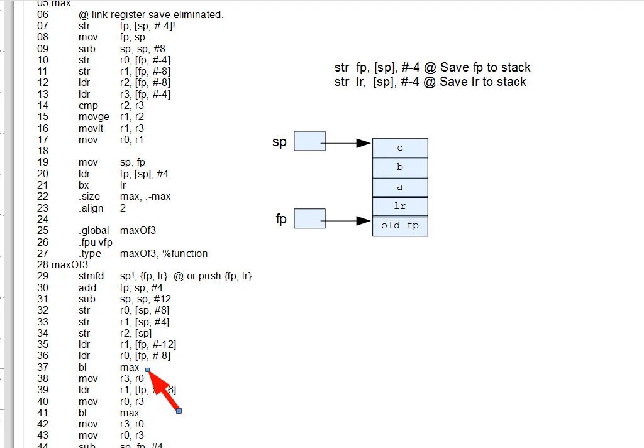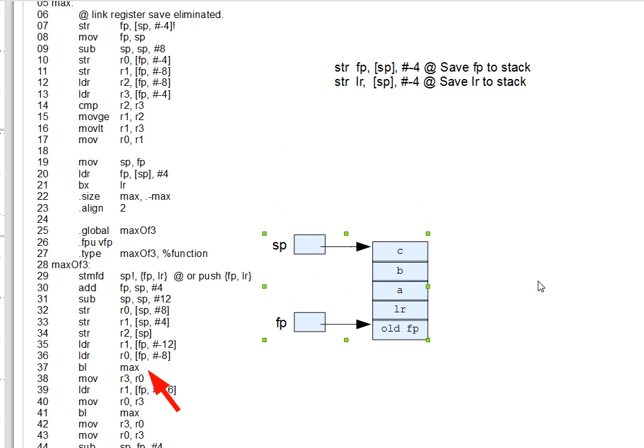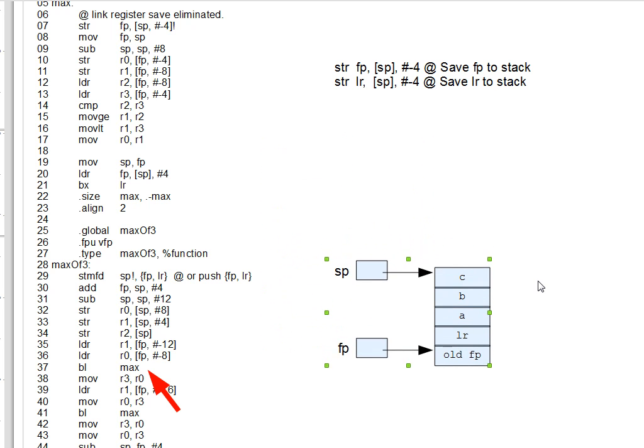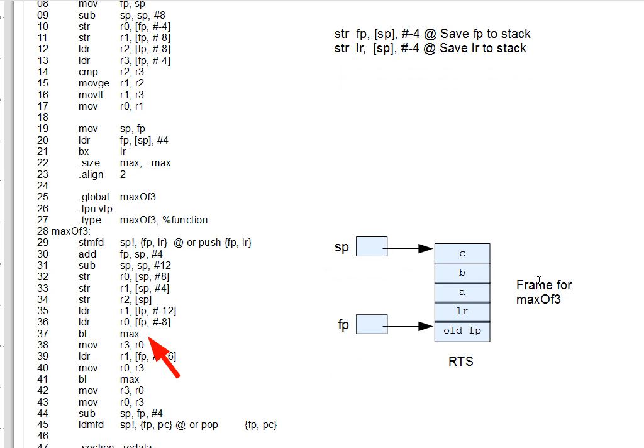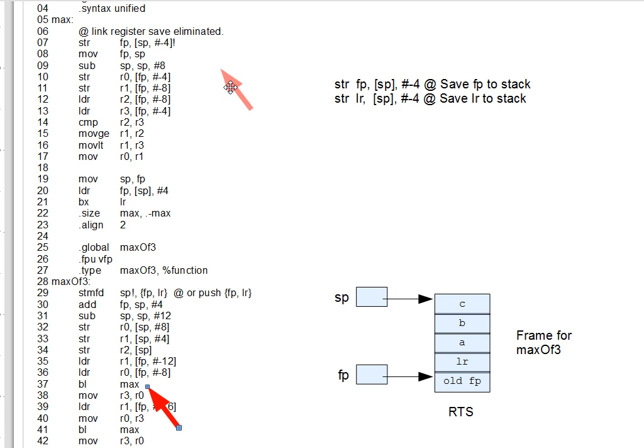In this segment, we'll pick up where we left off with the call of max on line 37 of prog5.s. I'm also going to move this stack frame we had for max of 3 down a little ways, since we'll be building on top of that and labeling it appropriately. So you now know enough to figure out most of function max, which starts up here on line 7, most of function max on your own, with the probable exception of lines 15 and 16, which we'll talk